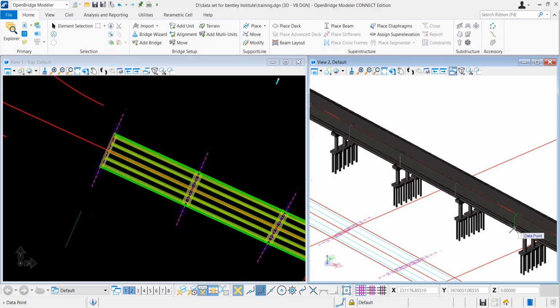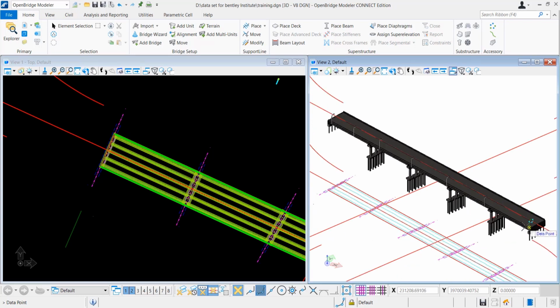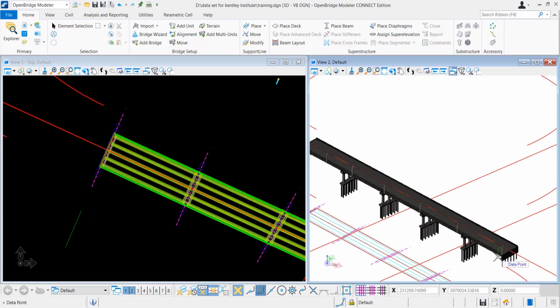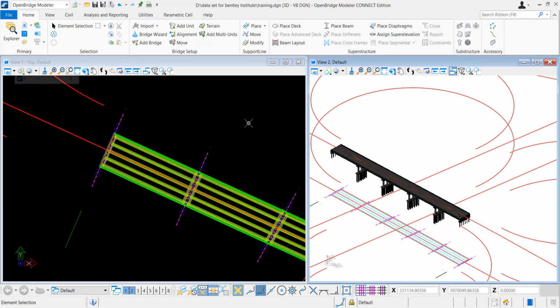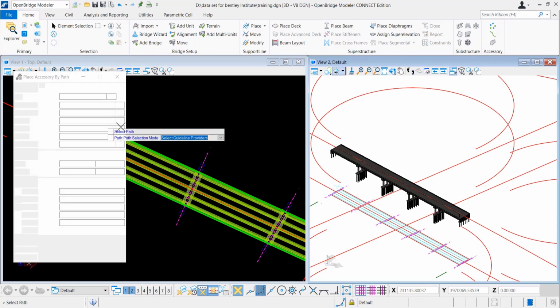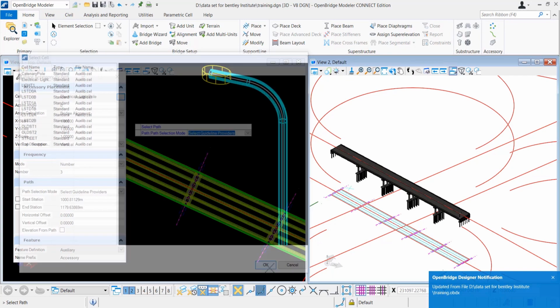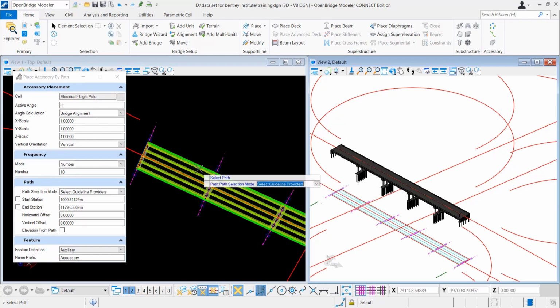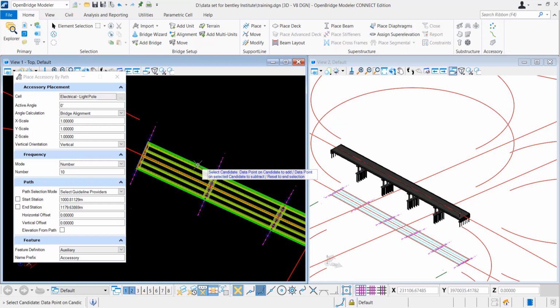And once you are placing it, you can also edit those elements anytime, right? So this is one option by which you can place the light post or the utility ducts or any other shapes you created. But here is one option for the path. So you can select the same post here, and you can select the deck, and then you can give a spacing or the numbers here. So you can select by numbers or you can give a spacing, so it would be uniformly distributed throughout the length of the bridge. And you can see that we have placed 10 numbers and we have selected the deck.